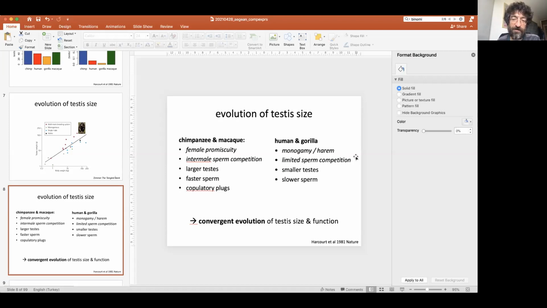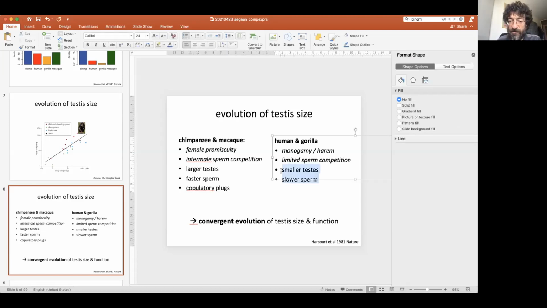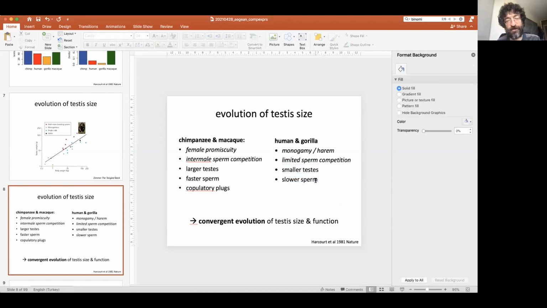So that means there's much less sperm competition among males, and it appears that evolving under these conditions leads to smaller testes and slower sperm. Of course, the question is whether these attributes, smaller testes and slower sperm, arise how? Imagine a lineage which is first multi-male mating and then switches to single male.